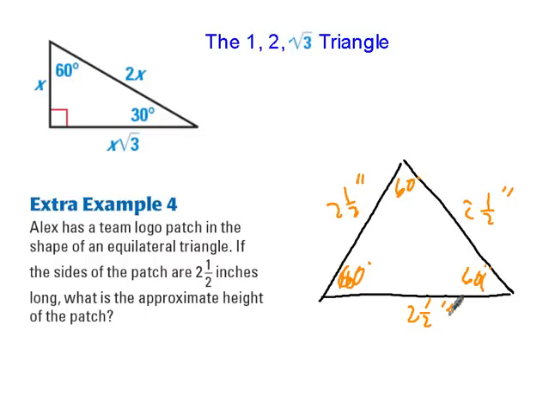So let's go ahead and draw that height in. Here it is. And all of a sudden we created two triangles. This is a 30-degree angle, because that one's 60 and we have a 90 there. Therefore we have a 30, 60, 90 triangle. And this bottom length, if the whole side's 2.5, must be 1 1/4 inches. So 1 1/4, twice that is